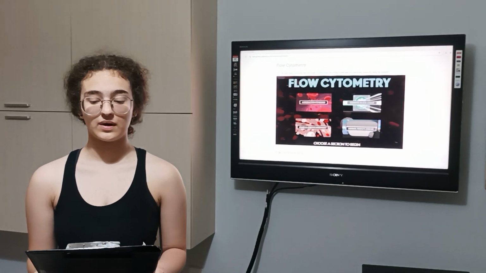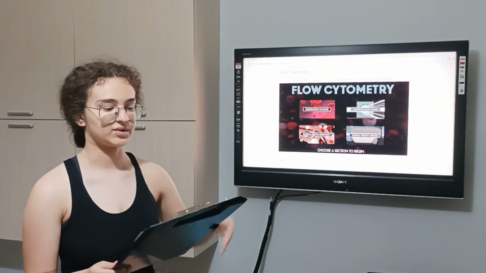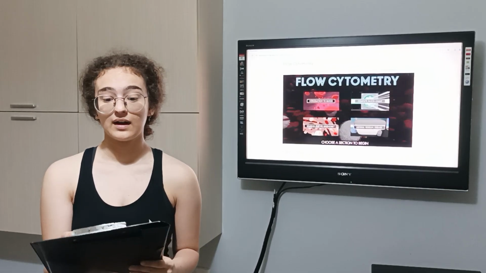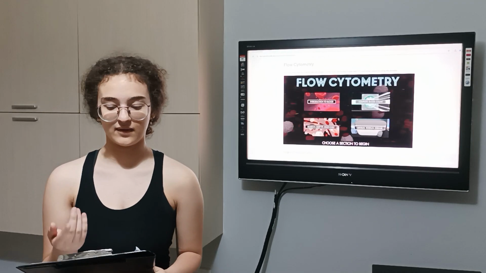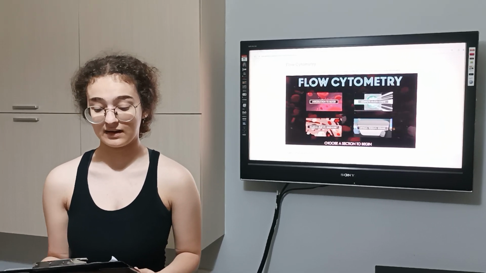I'm here to talk to you about blood with this simulation about flow cytometry. But first of all, I'm going to do a brief introduction into the blood. So blood, it is a very specialized tissue which consists of many cells which are suspended in a liquid, the